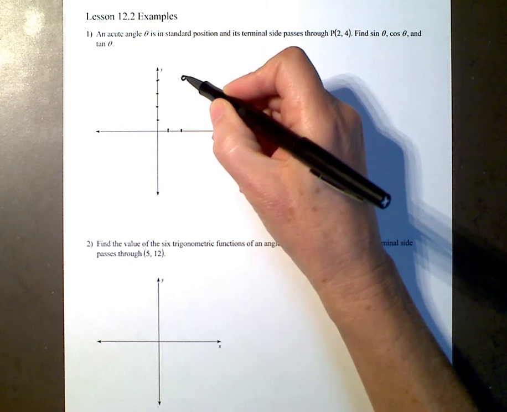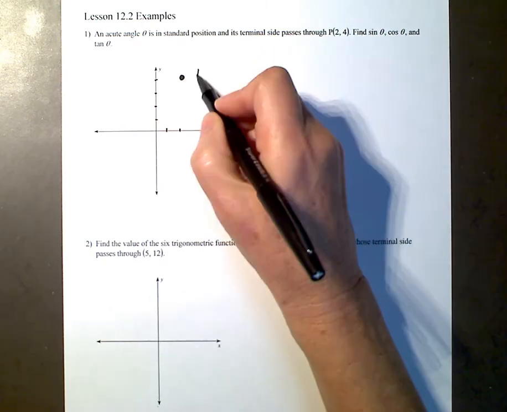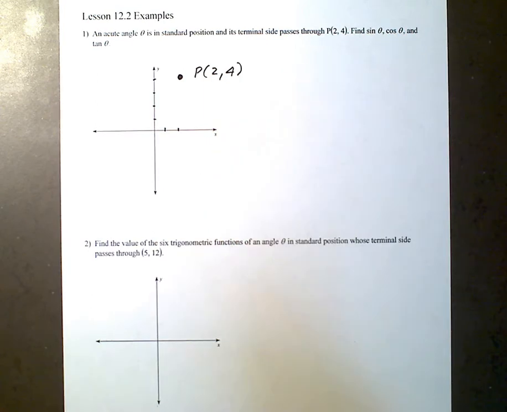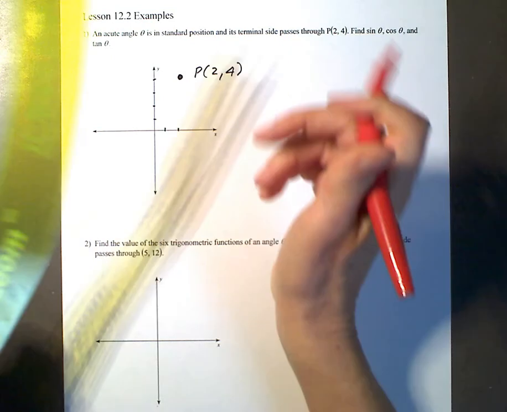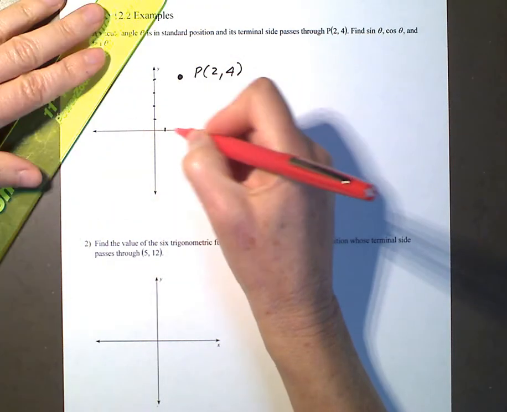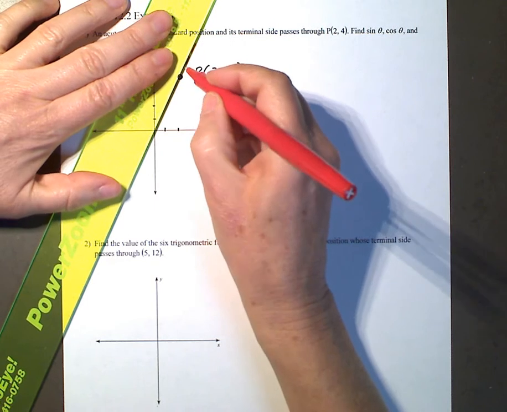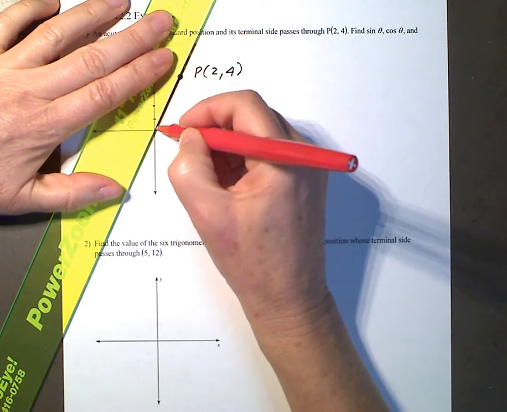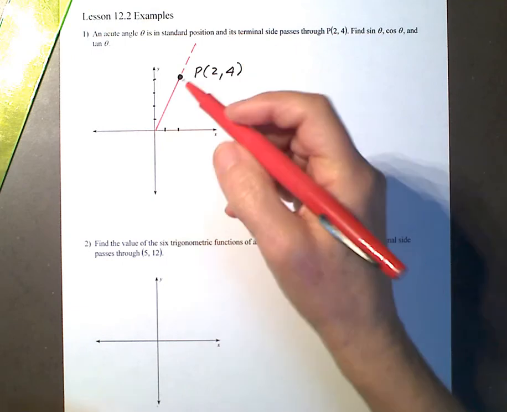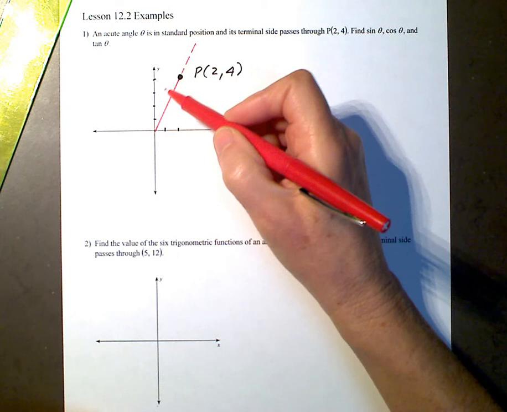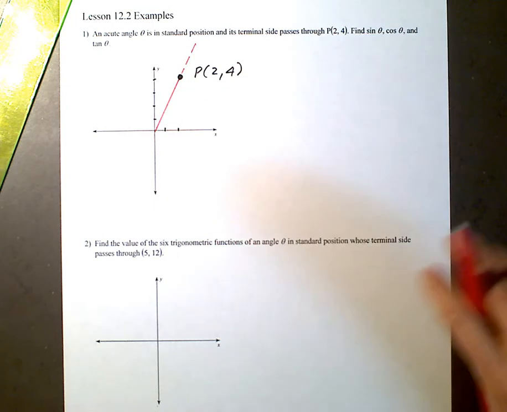So the point P is right about there. So the terminal side of the angle, if this angle's initial side is here and it opens up, goes through that point. So what you're going to do is build a little triangle where the terminal side of the angle between the origin and that point is like the hypotenuse of a little right triangle. And